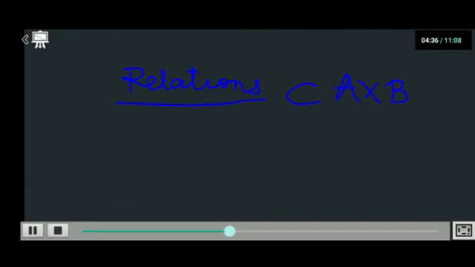So now let us see the definition of a relation. A relation is also nothing but a subset of Cartesian product, but it is having a specific relationship. Therefore, it is not necessary that all the elements of A cross B will be part of R. So actually relation is nothing but a subset of Cartesian product. You need to understand this. Relation is a subset of Cartesian product.